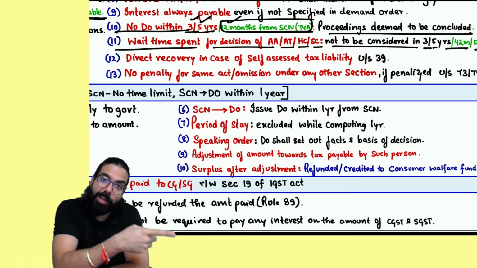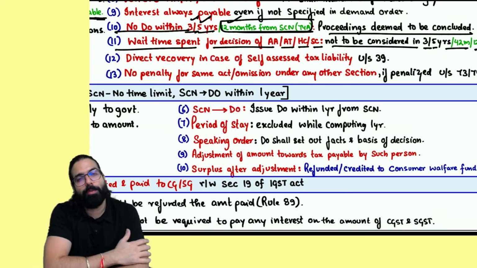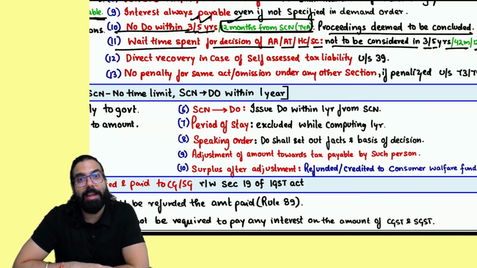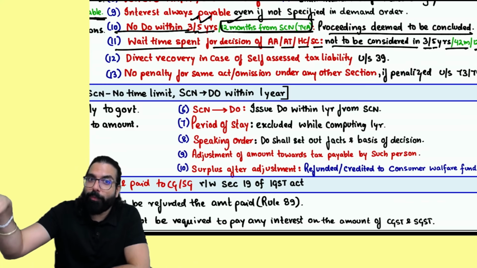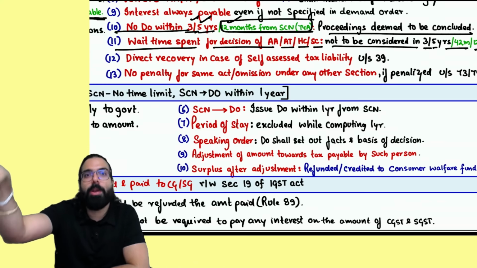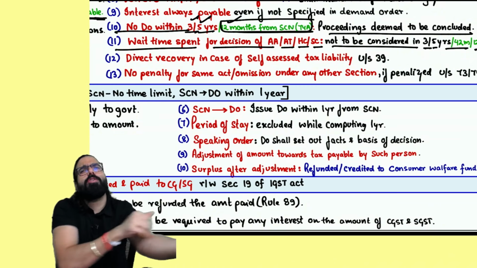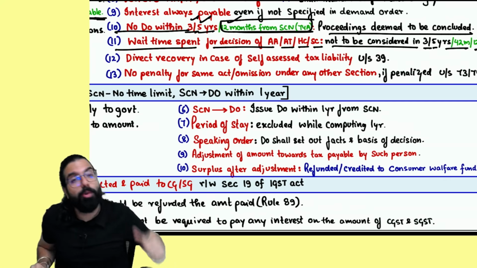Now the officer knows Shyam has also done the same thing. The officer went ahead and gave a show cause notice in the case of Shyam, but the officer is not passing a demand order in Shyam's case. The officer is saying, I'm waiting for Ram's demand order. He has gone for appeal. Let the appellate authority, appellate tribunal or court decide. The same thing I will apply in Shyam's case also and pass a demand order. But the time limit for the demand order is only 12 months.